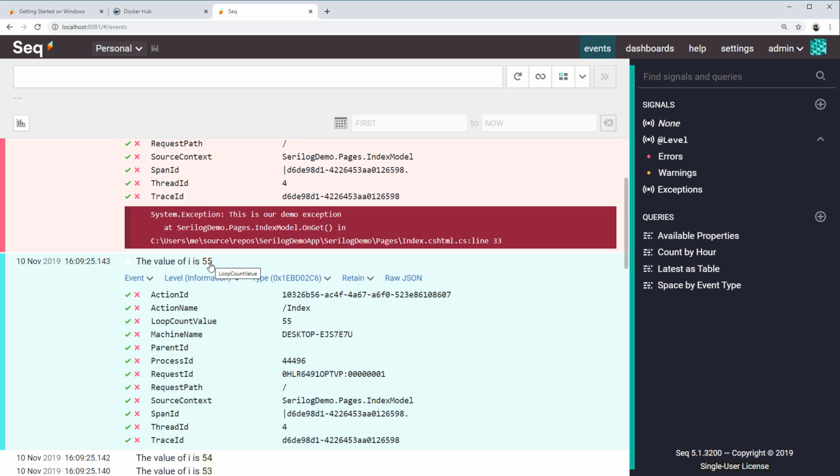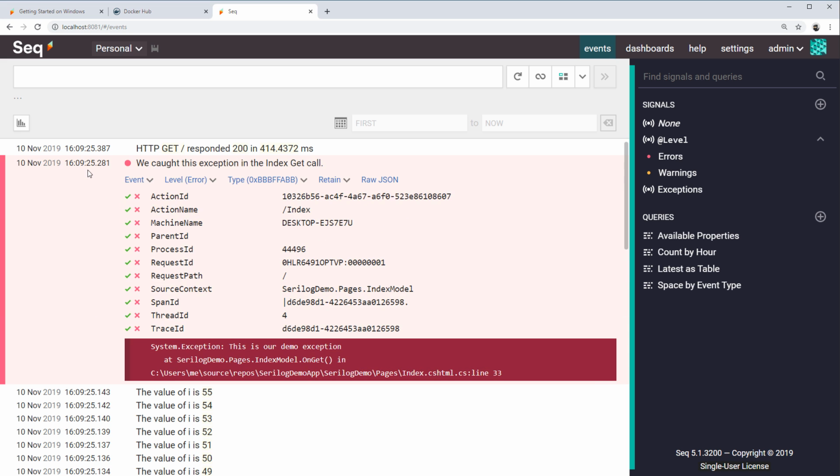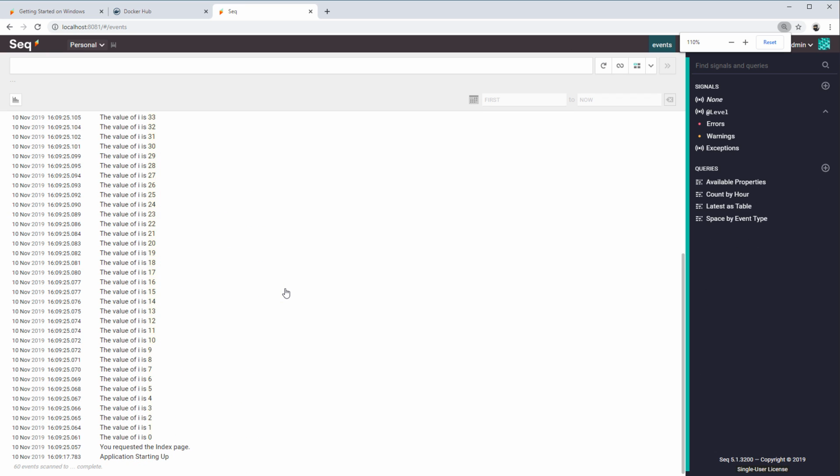And yet, if you hover over it, it says loop count value. Come down here, we can see loop count value is 55. So this is going to show you more information about the requests. The really cool thing is, and let's zoom out a little bit,